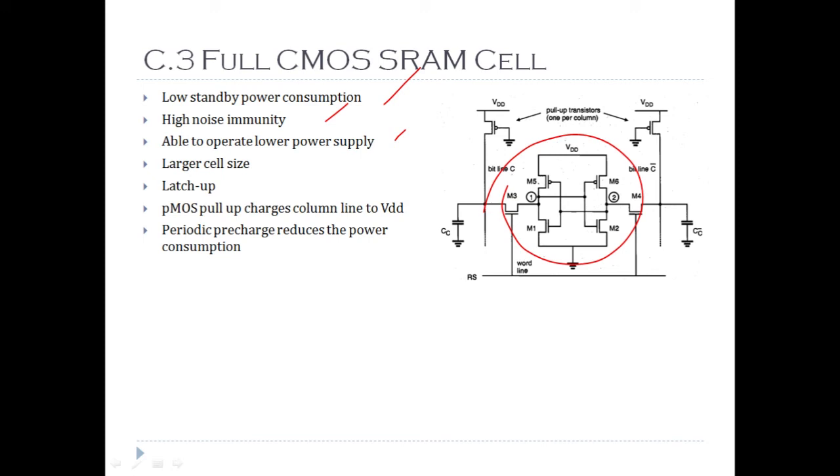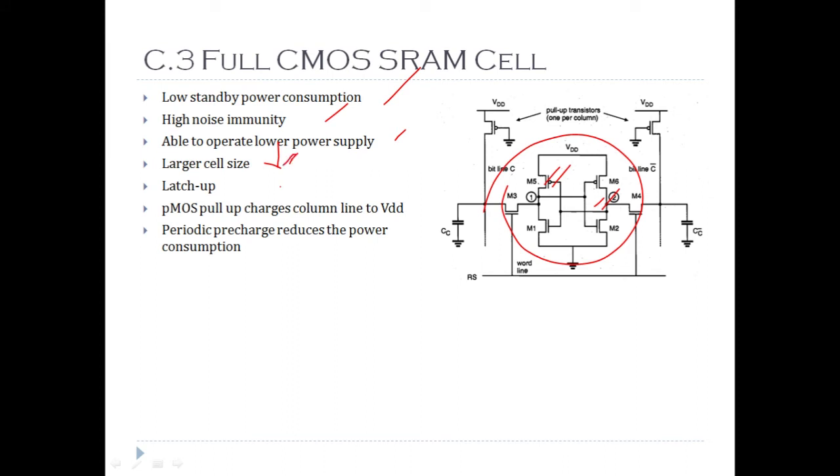There is another disadvantage as compared to the depletion mode MOSFET or depletion load inverter SRAM cell: there were only NMOSes in the depletion load inverter SRAM cell, but here there is a PMOS and NMOS. So while fabricating it, you need to fabricate for PMOS as well as NMOS. So you have to create N-tub. So either twin tub technology needs to be used for the fabrication, or SOI, that is silicon on insulator, needs to be used. This is a downside of this.